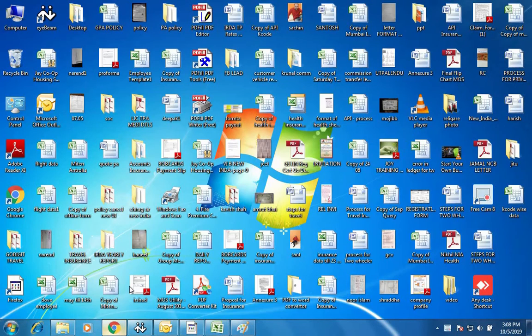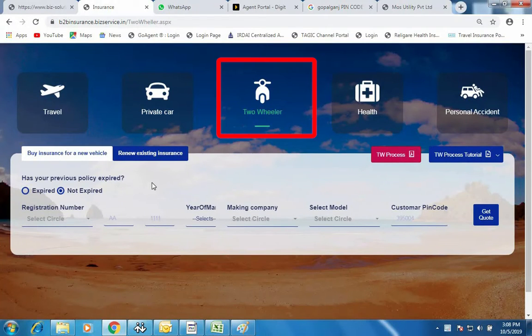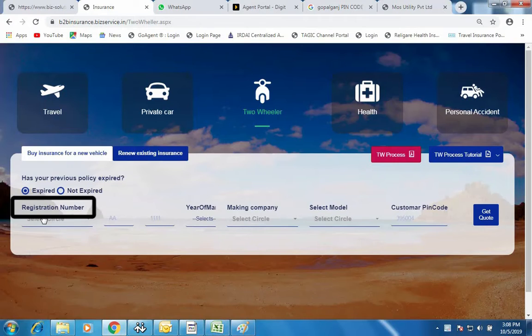In order to generate two-wheeler insurance, click on the two-wheeler icon. If the policy is expired, that is, if the policy is finished within a year, then click on the expired option. Fill the registration number, for example,